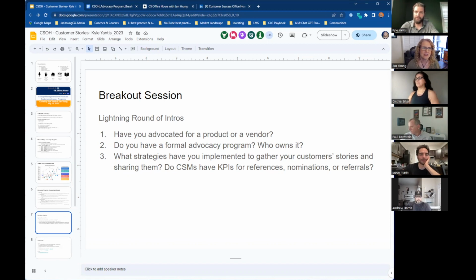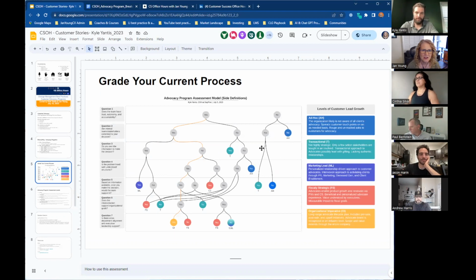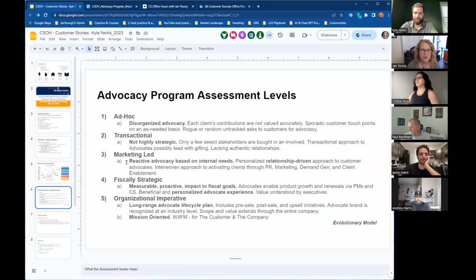When you look back, it's usually just ad hoc, right? It's usually just disorganized advocacy. And if at the very least you put an umbrella over it and give it some organization, then you get to graduate to transactional. Yay, level 2, just that easy.